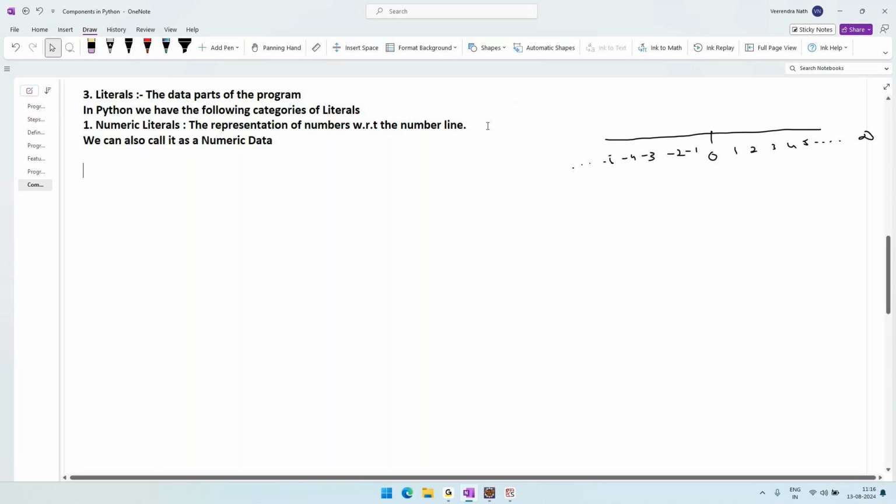So representation of numbers with reference to the number line, we can also call it as what? Numeric data. అంటే నంబర్ ఫార్మాట్ డేటా కాబట్టి దాన్ని న్యూమరిక్ డేటా అని కూడా అంటాం. ఓకే, ఇన్ పైథాన్